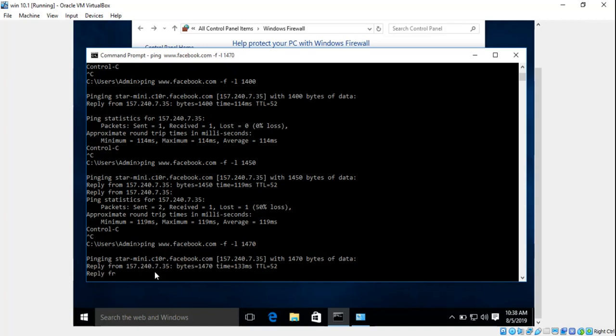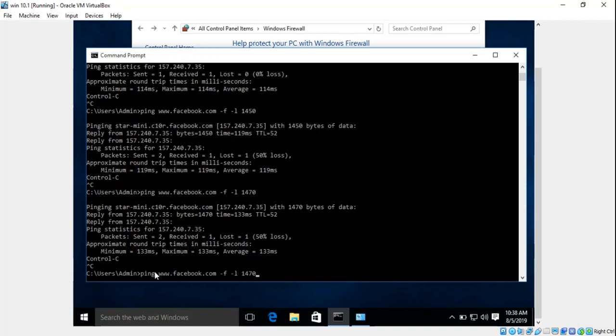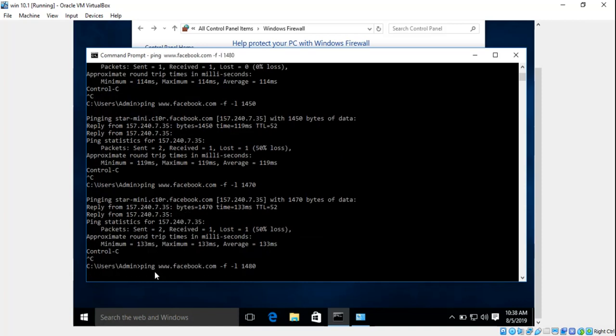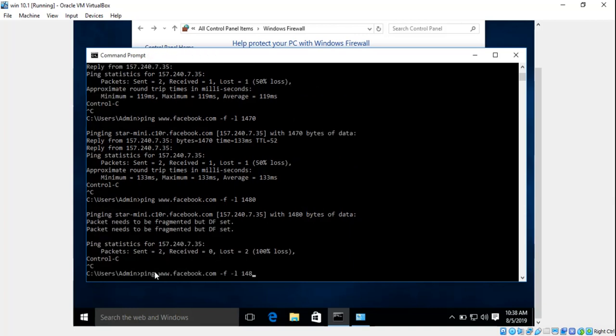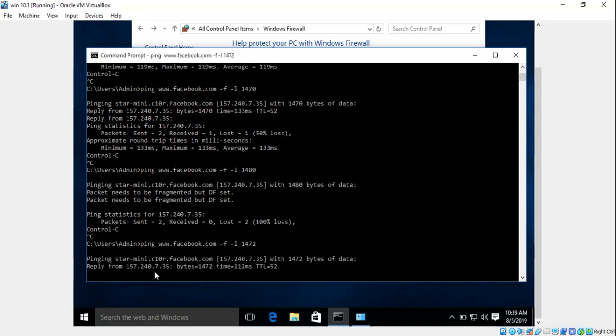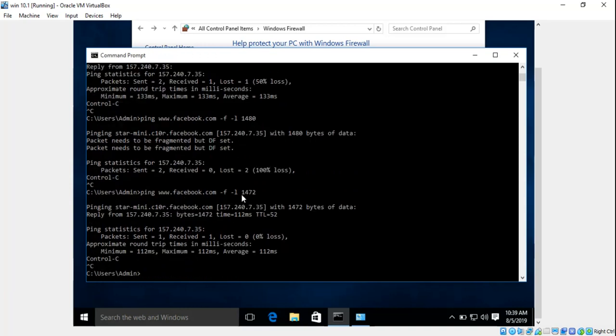Still we are getting a reply. Now let's try 80. Okay, so 72. See, 1472 bytes is the maximum size of a frame we can send to our target. Okay, so now we have this maximum size.